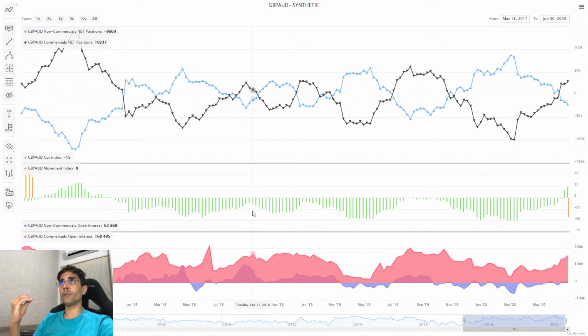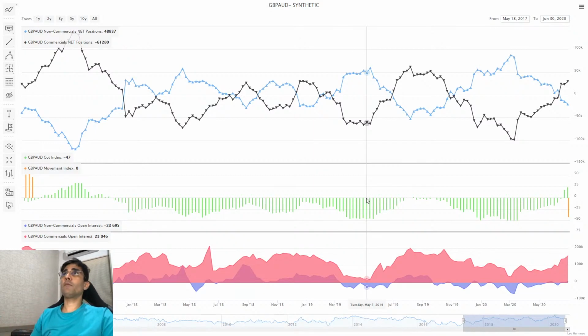The COT index is normalizing the commercial net positions. Okay, and the movement index is the rate of change of the COT index. So why is this interesting? I'm going to tell you, because